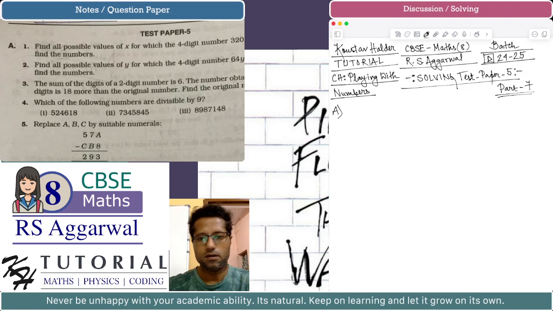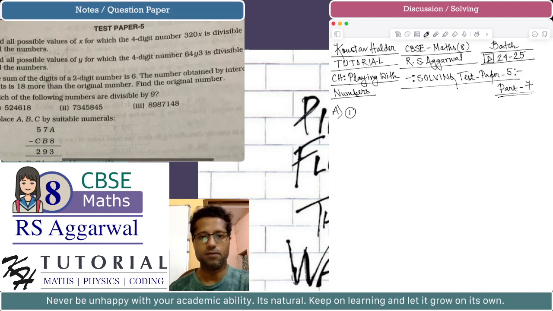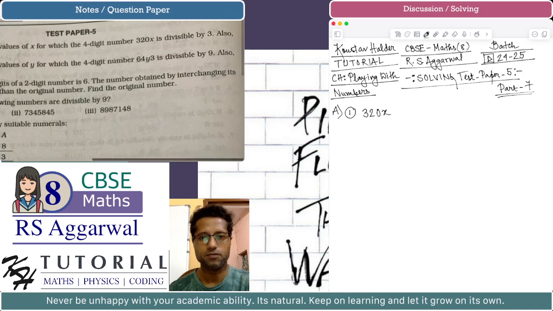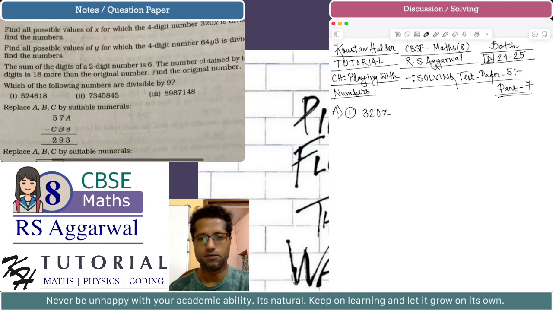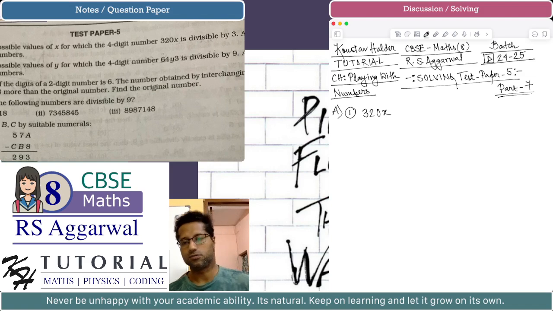Section A, question number 1 says, find all the possible values of x for which the 4-digit number 320x is divisible by 3. Also find the numbers. So we have to find all the possible values of the digit x so that this number 320x will be divisible by 3. So this is given to be divisible